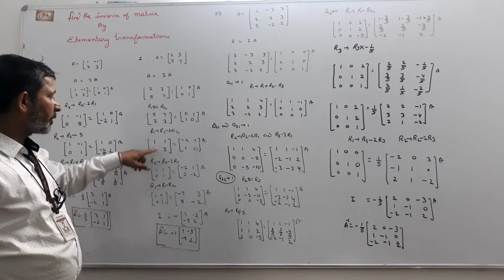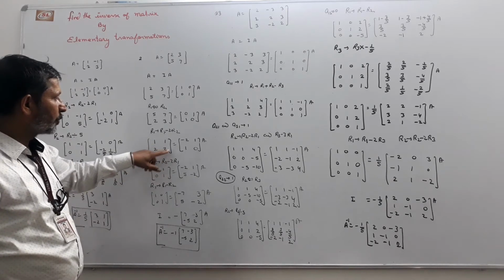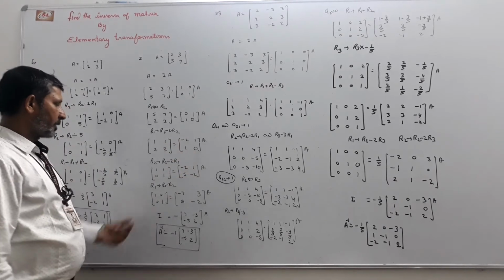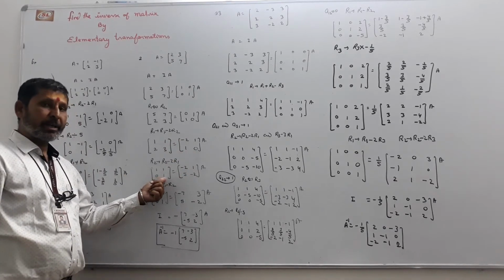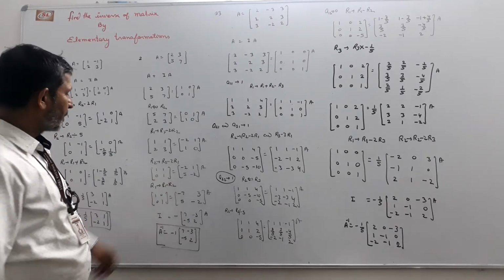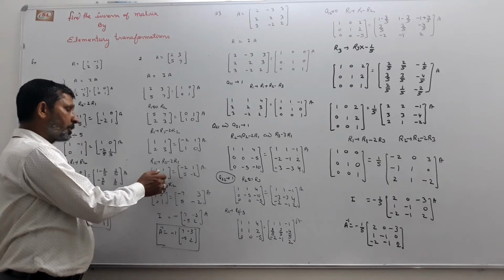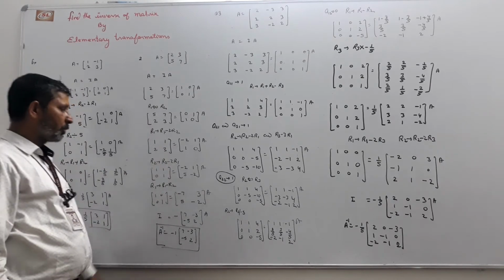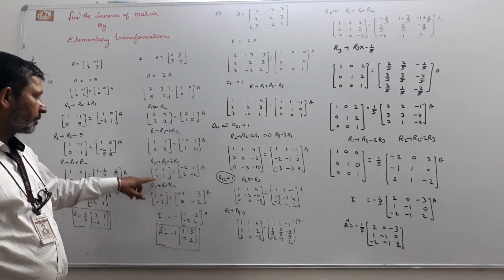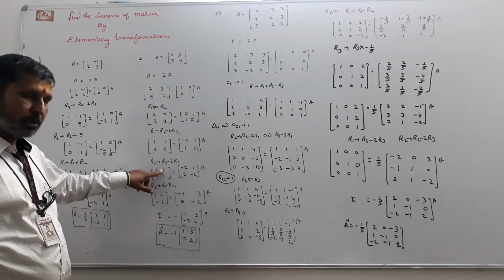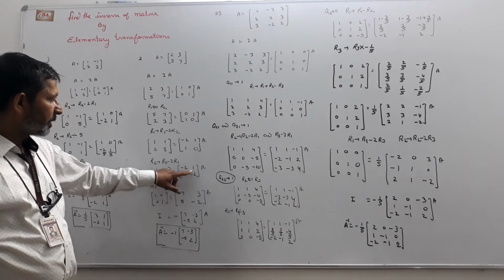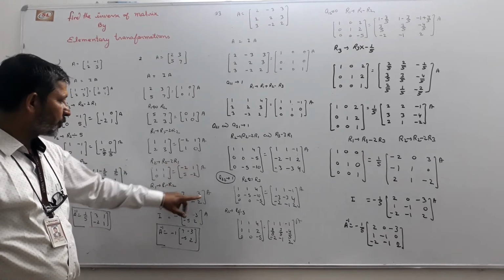R2 minus twice of R1. 3 minus 2, 1 minus 1 plus 4 and minus 2. So after this we check A22 as 1, but in this part A22 is already 1. If A22 is 1, now we change all the elements of this column to 0. Then in R1, R1 minus R2: 1, 0, minus 2 and minus 5, 1 plus 2, 3.